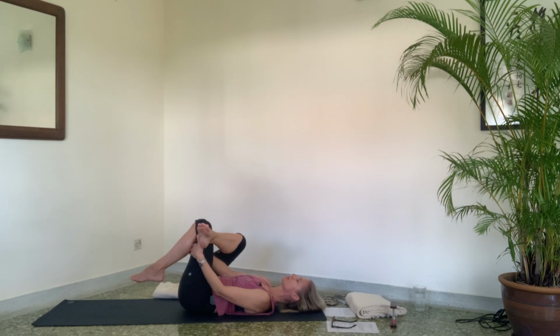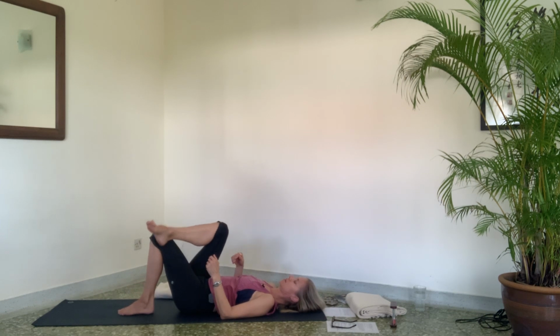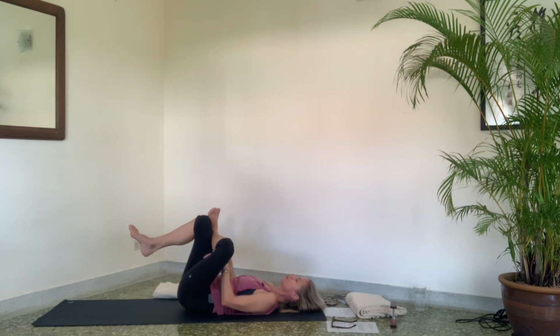Now we're going to come to the other side. So release the clasp of your fingers, let your hands slide away from each other. Bring your left foot to the floor, and then bring your right foot down and set up for the other side. When you bring this right leg up and you interlace your fingers, make sure that you change the finger